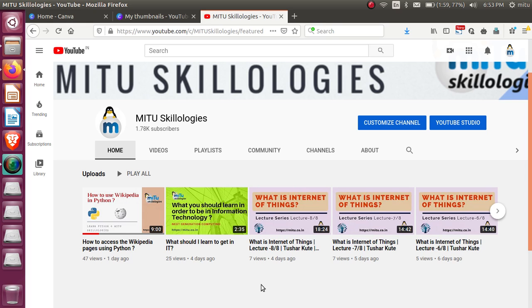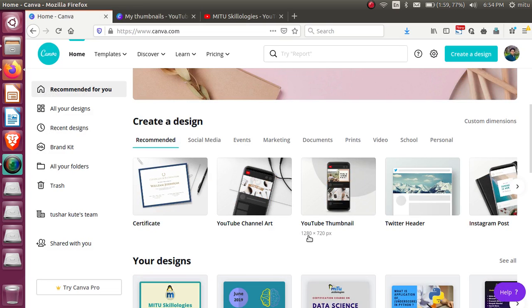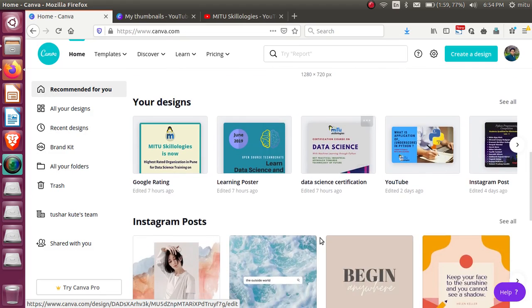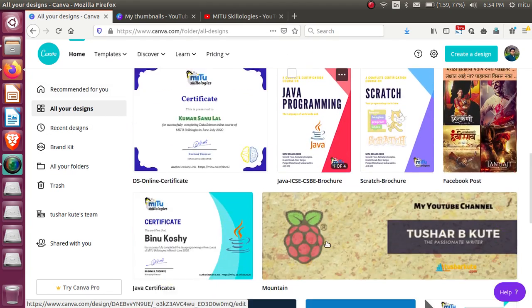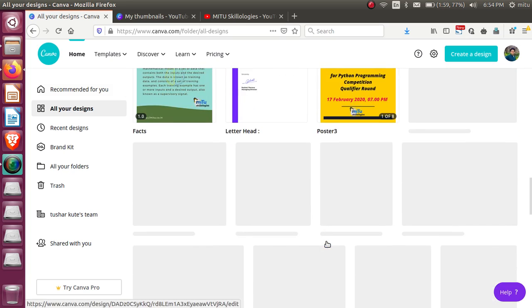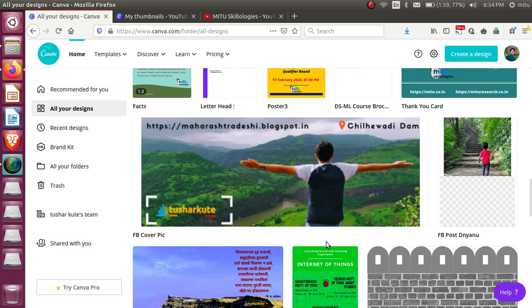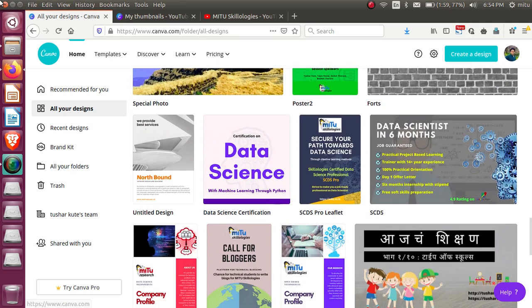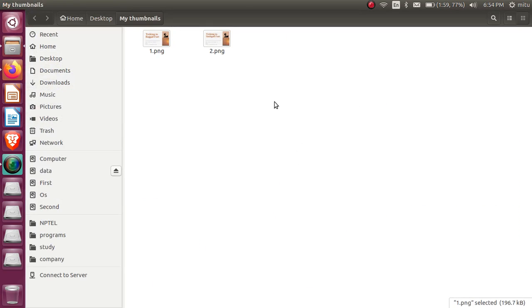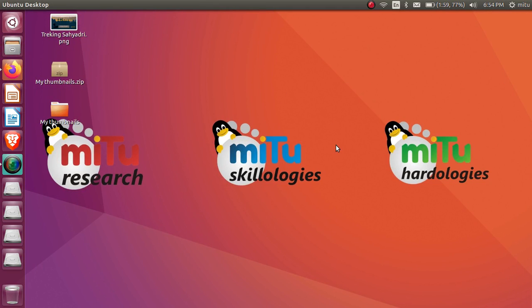Okay, now if you want to work with other social media, all of them are available here on Canva. Just make sure that it's a very easy and handy tool. I have all of my designs like this. See, these are all designs which I have created on Canva, and this is what my Facebook header looks like. Many are available here that we can make use of. So for YouTube it's very useful, very handy, very important to use it.